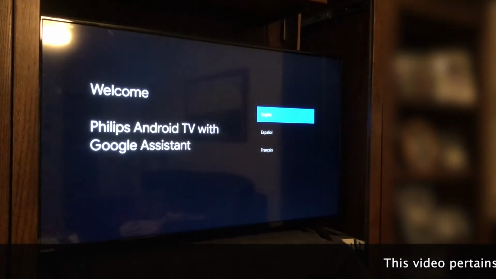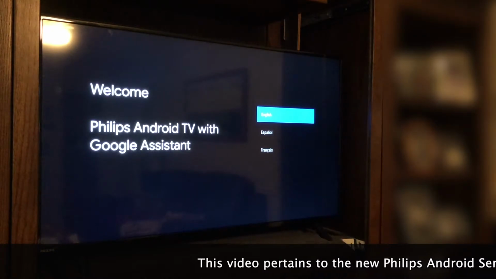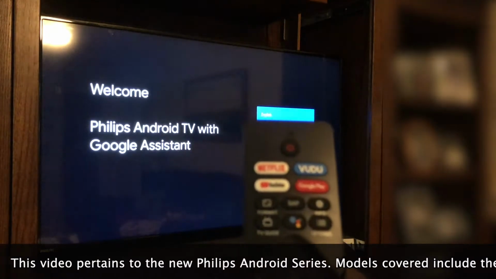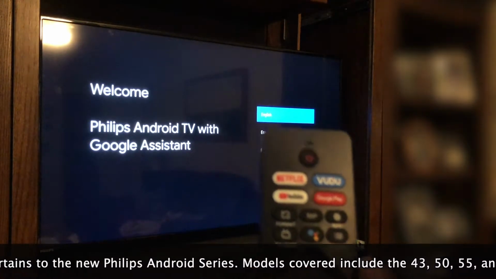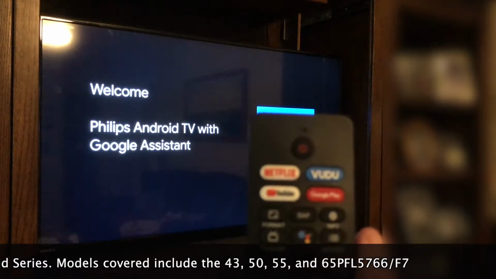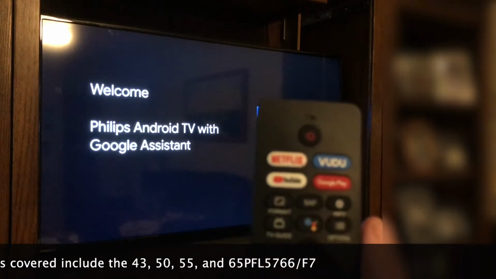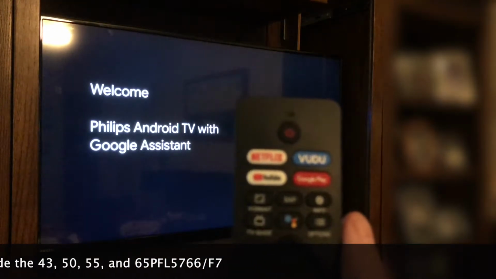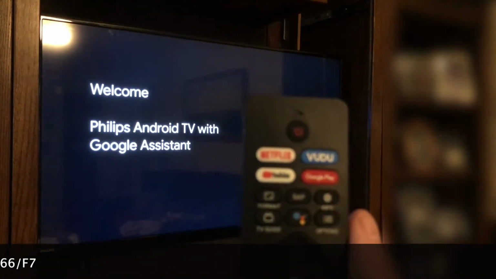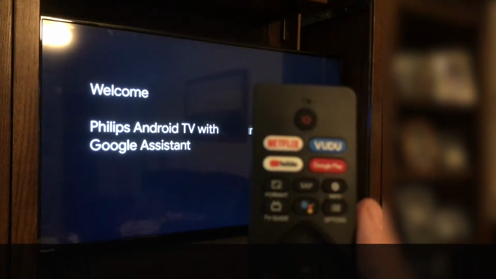This would probably be a good time to go over the remote layout, since we're going to be using the remote extensively during the setup of this television. If you look at your remote, you will see at the top that there are 4 buttons corresponding to 4 very popular applications. Those are direct access buttons, and once we have the TV set up, if you wanted to access either Netflix, Vudu, YouTube, or Google Play, you would just push those buttons and it would directly access